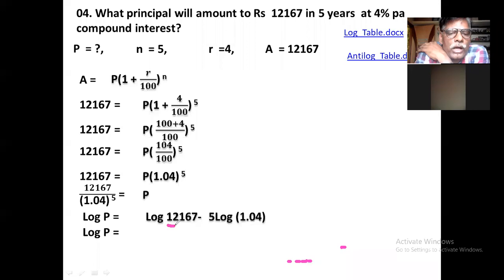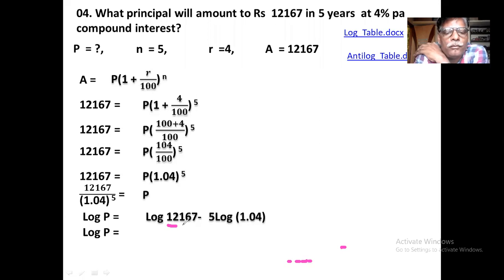You have to see 12 in the natural number. Mantissa 1. 6 is there in the mean difference. You don't see 6, you see 7. If you want to leave the last number, if that number you are cancelling is 5 or more than 5, you increase the number before that by 1.